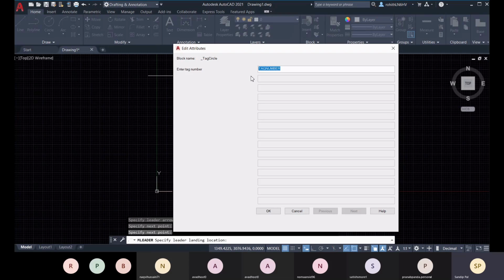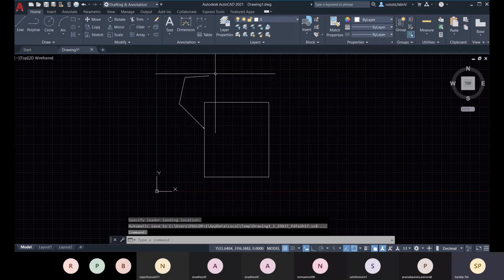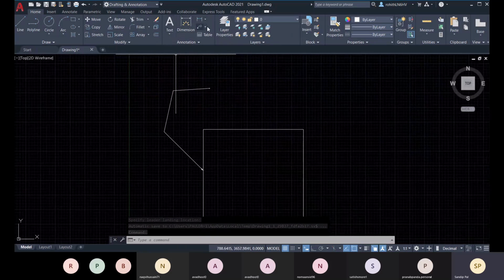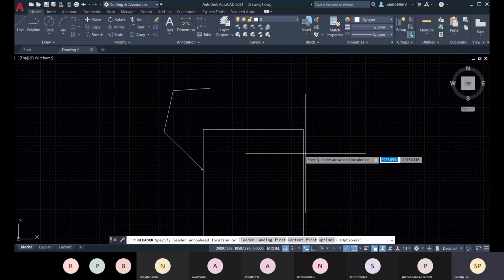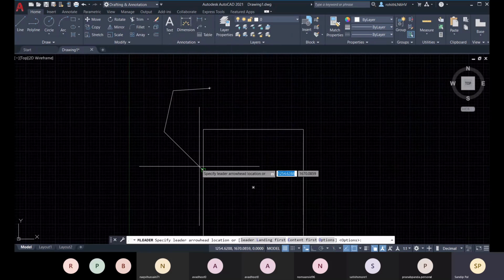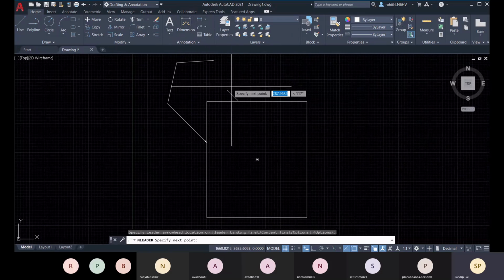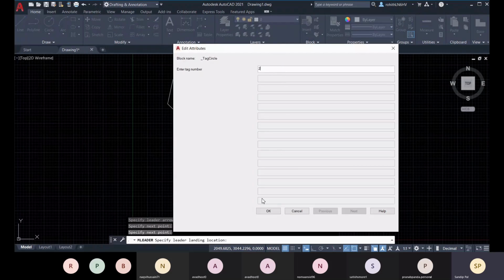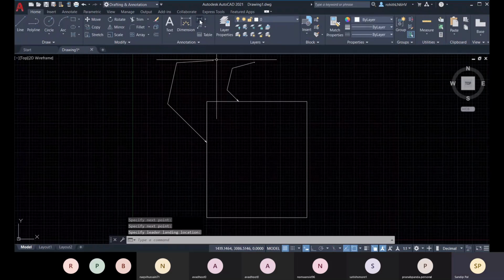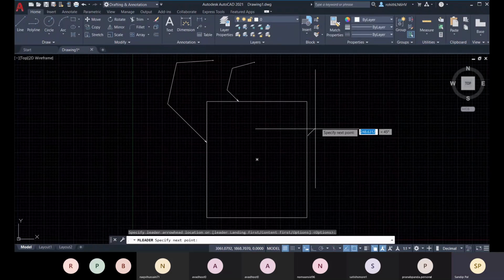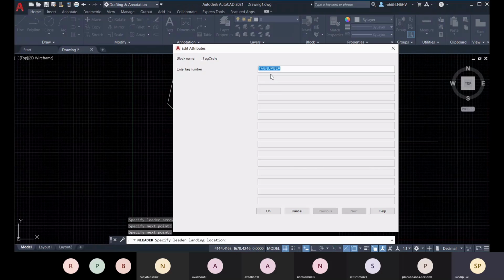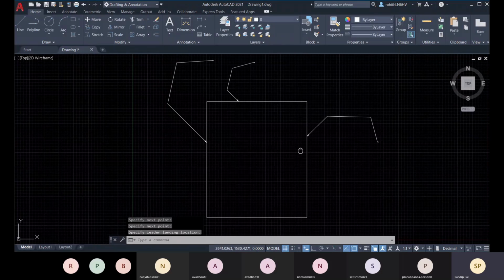There you can change the value, like here you can type 1, and can create any other multi-leader. Like this way you can create multi-leaders.